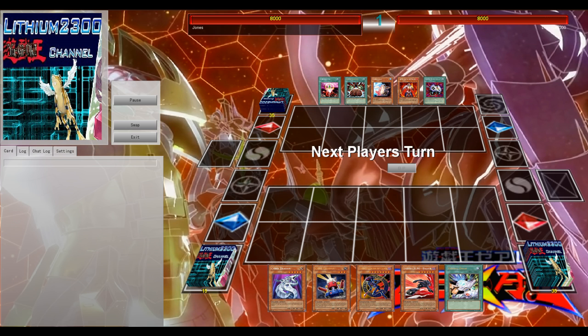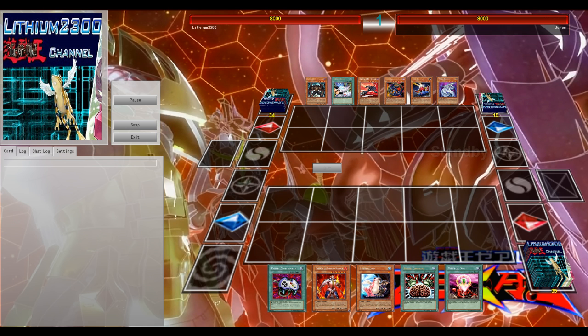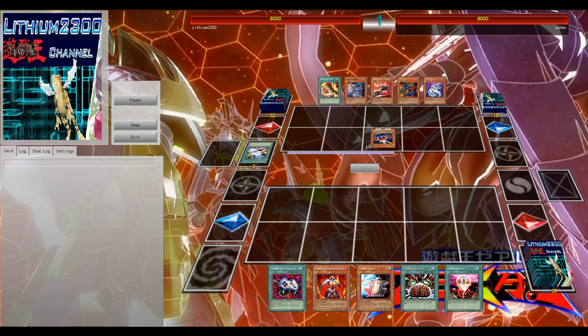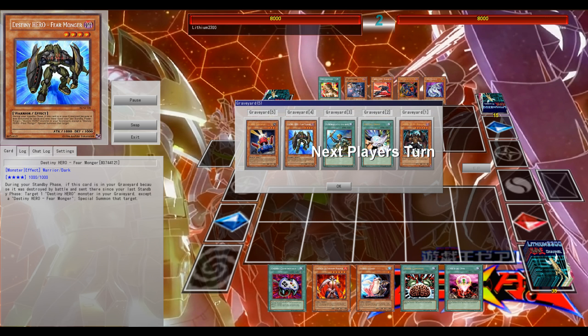And attack for 4-8 for game. So that was a very quick duel. Then another game against the same deck. He opens with Destiny Hero Malicious, pretty much the best opening, next to normal summon Stratos and search out Malicious